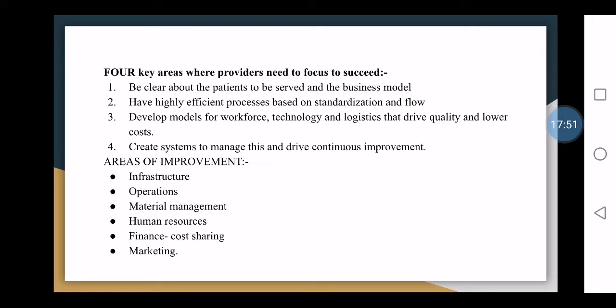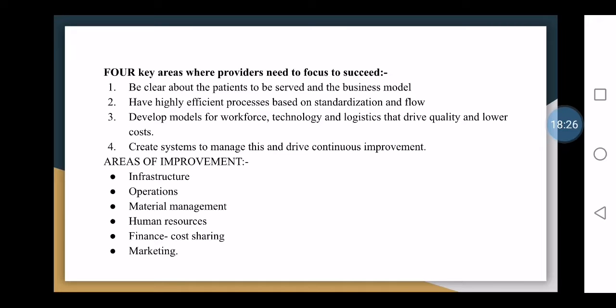All these things we have to think, because we have so many challenges in front of us. New diseases, new technologies, new infectious agents. We have to think about new vaccination technologies. We have to think about the future generation health, our children, how they will come up, what all vaccinations they should get. So we have to create new systems to manage all these things, and we should have a continuous improvement also. Then only we'll be able to have low cost and high quality health care.